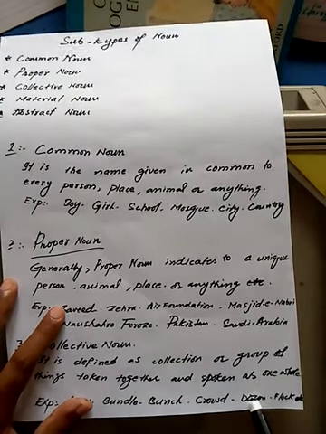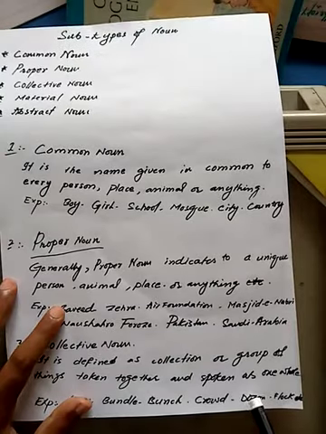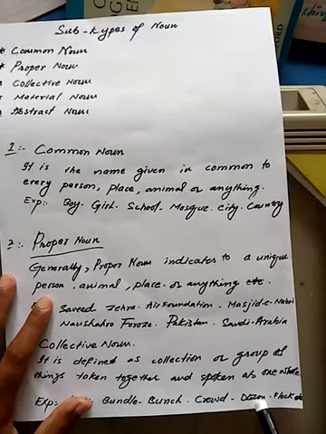And number 5, dozen. Dozen means 12. If I say go and purchase a dozen of eggs for me,